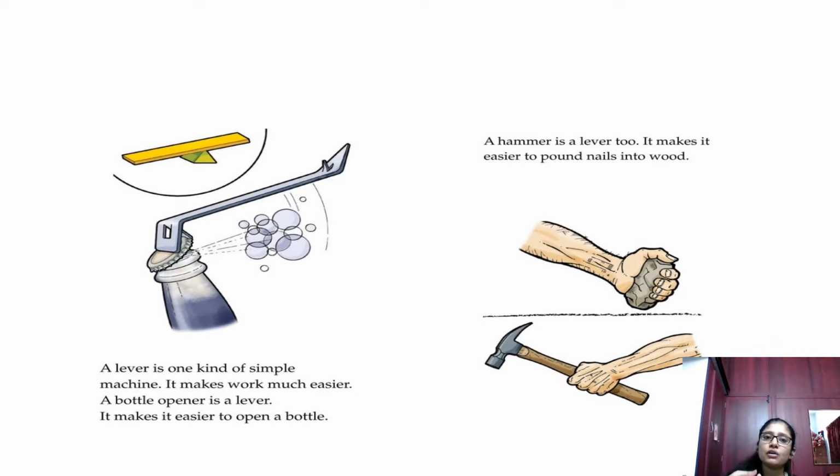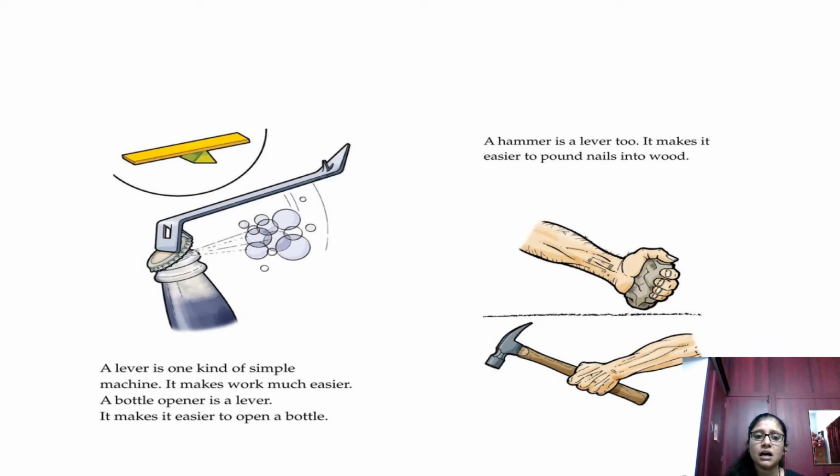You catch hold of the bottle opener's handle on one side, and when you push it, when you apply your force to the handle, what happens? The force is passed towards the opening. So that is why the bottle is getting opened. All these examples I will be showing you in the live class. This video is just for making you understand it more, so that you don't forget it.